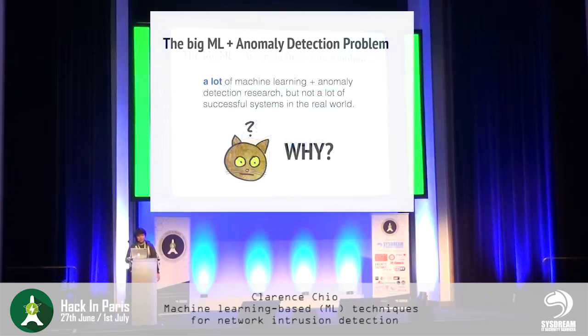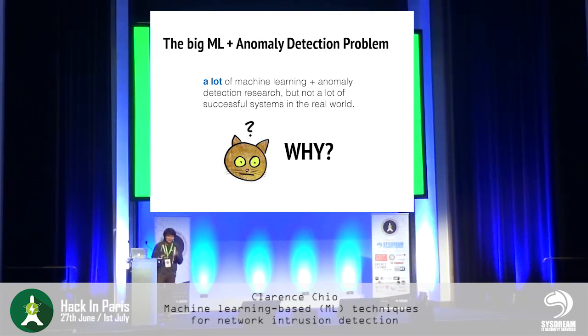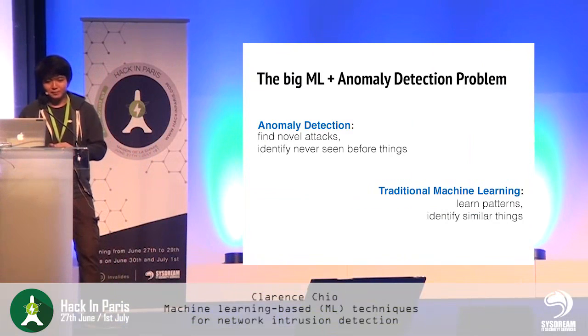So the big ML anomaly detection problem is that if you go search online on Google Scholar, on academic papers on using machine learning in anomaly detection, using machine learning for statistical outlier detection, there is a lot of research. However, if you look at actual solutions being used in the wild today, the most common ways to do outlier detection is still not based on machine learning. And why is that? I have done a lot of reading into this area, and I realized that there is one main thing that seems to be the problem.